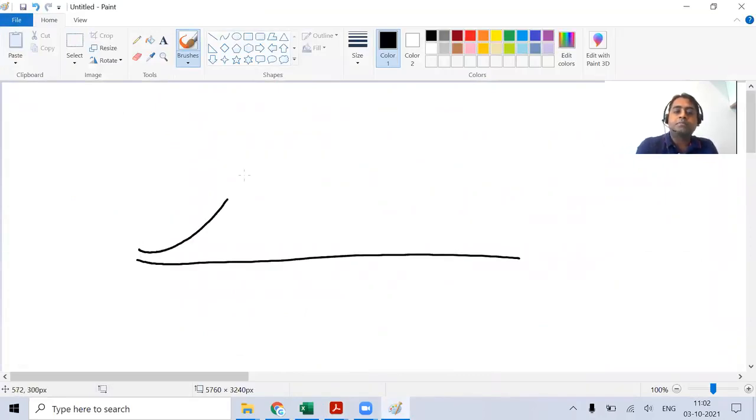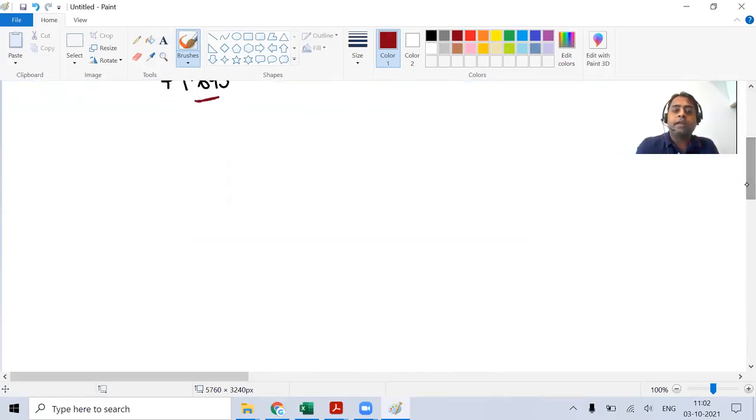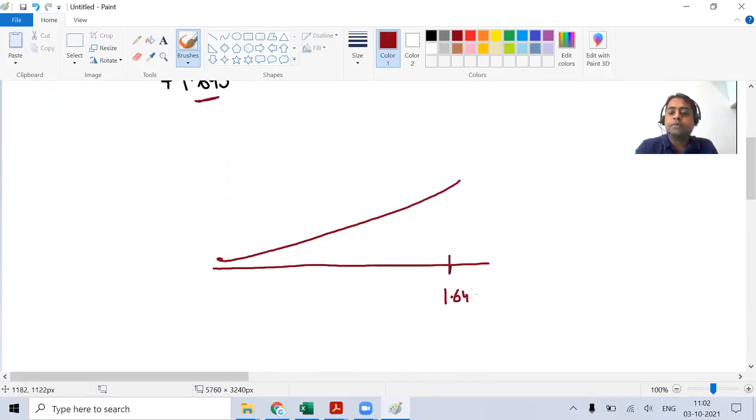When we talk about a distribution, this is my average. Suppose I come to know my 5% VaR is this 1.645. We use that word, right? 1.645, 95%, 90%. What is this point? This is basically this much standard deviation away from the mean. Now, when we talk about this data point, I'm just zooming into that tail. Suppose this is my tail and we have this 1.645.